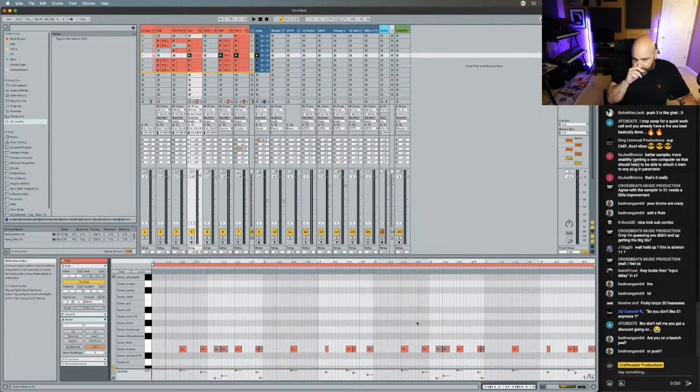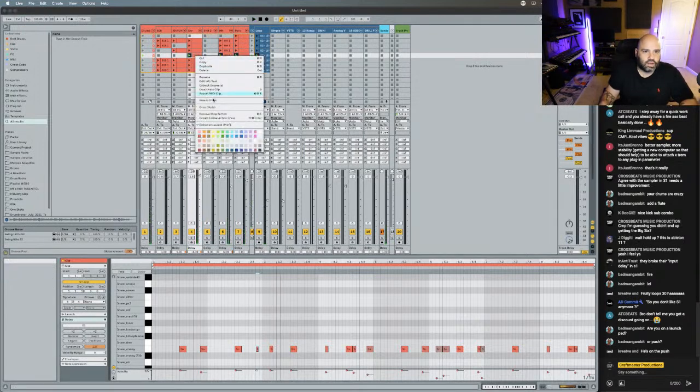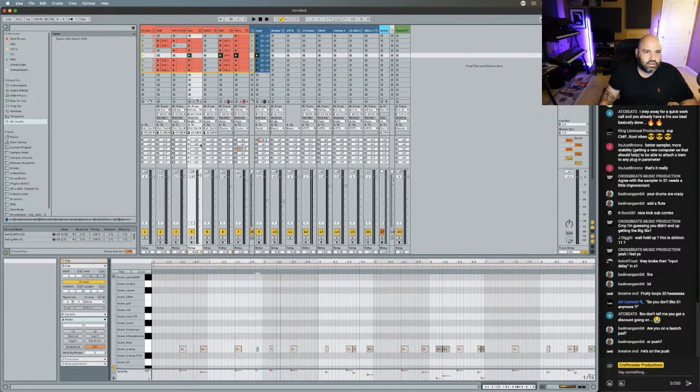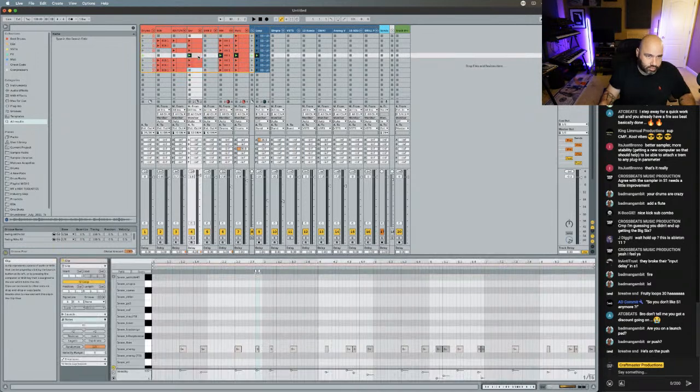It happens so fast. Then I could take this guy, give him a different color so that I know that's for my busy snare pattern.